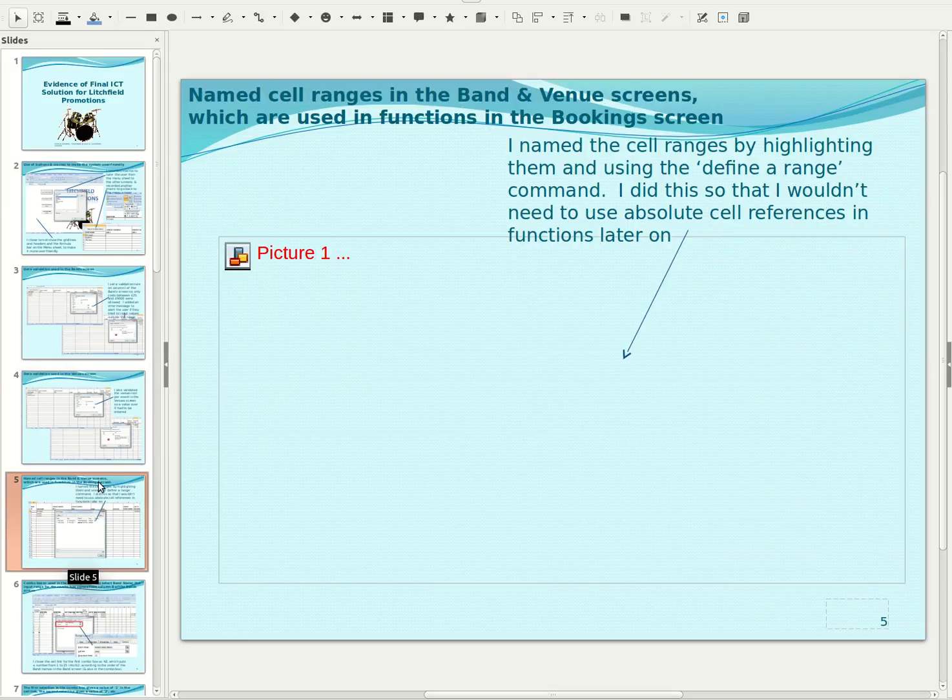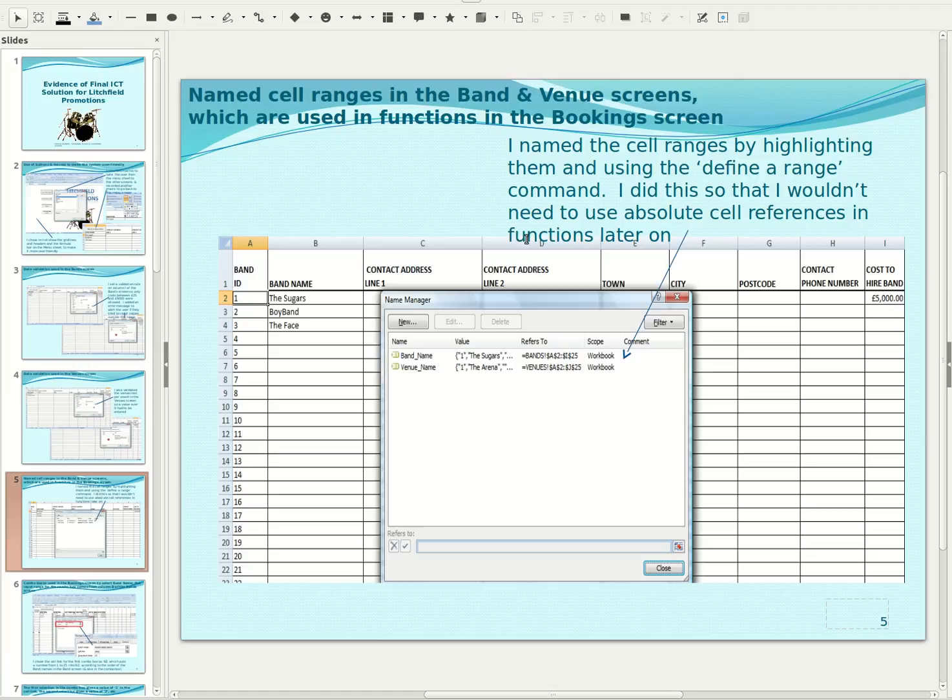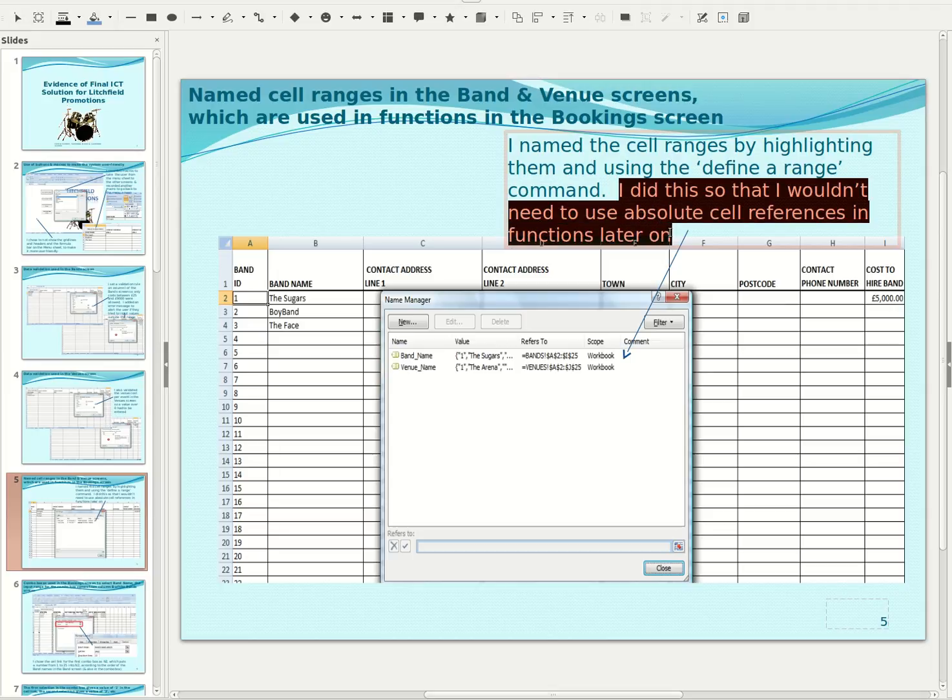Page 5, we're going to find something about justify. Yes, so something as simple as naming a cell range. So this is not a very complicated operation there, but there's a whole page, a whole print screen, and most importantly, this is a chance for the candidate to write a justification paragraph. Again, this is a small contribution towards this high mark band that was achieved by this